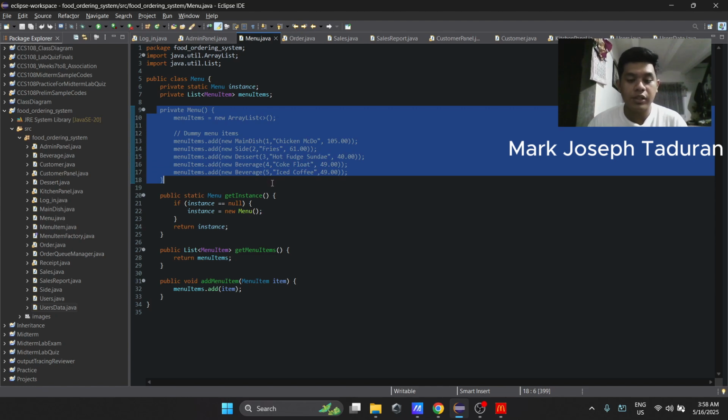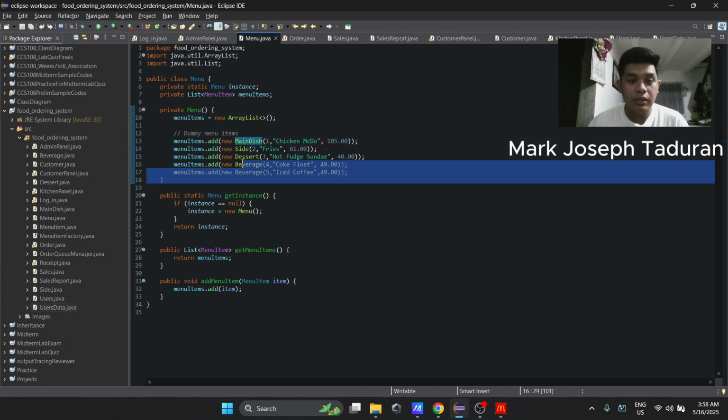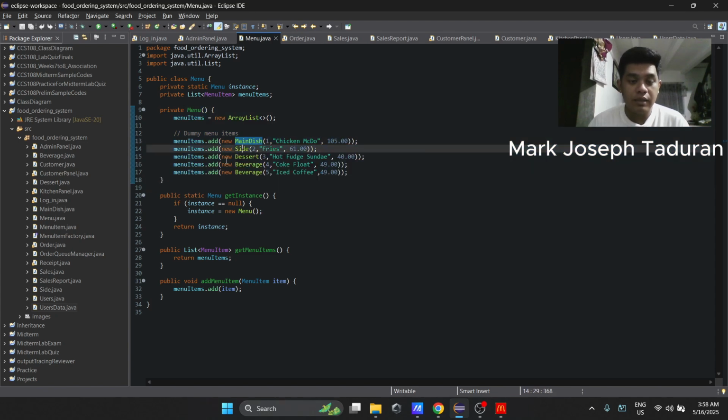Because the constructor is private, outside code can't say new Menu. Inside, we create the list and preload five menu items, one from each subclass. Notice the polymorphism, the list happily stores main dish, side, dessert, beverage.